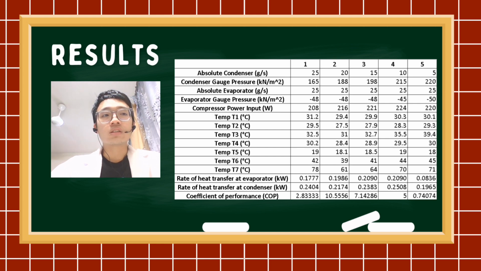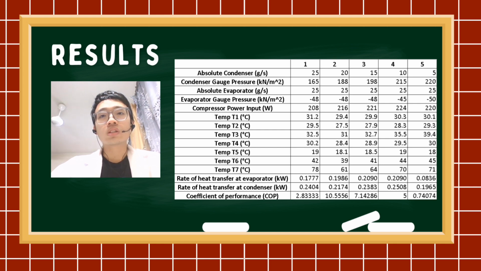And the rate of heat transfer at the evaporator is in the range of 0.209 kilowatt to 0.083 kilowatt. And the rate of heat transfer at the condenser is in the range of 0.1965 kilowatt to 0.5820508 kilowatt, and the COP, which is the coefficient of performance, should decrease from